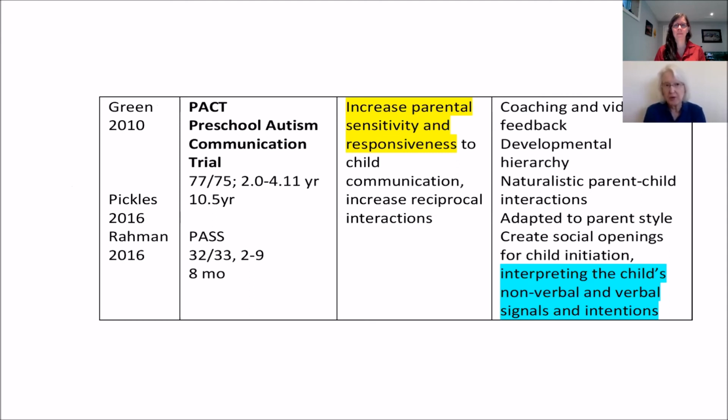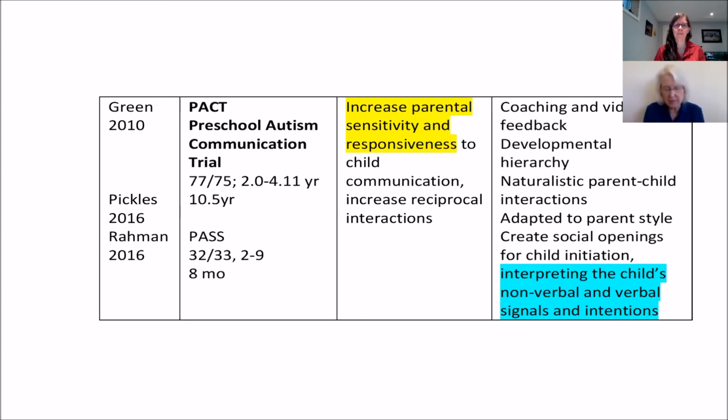Then another important study is by Jonathan Green. His method is called PACT, Preschool Autism Communication Trial. And again, the target: increased parental sensitivity and responsiveness. And it's a very large study, 77 children. In this,